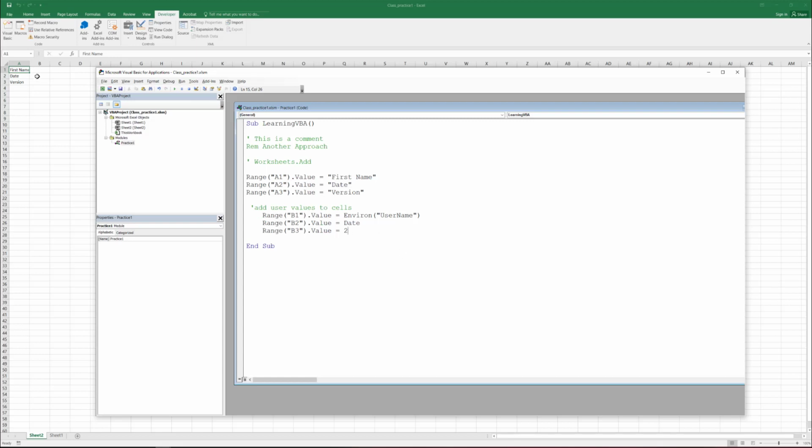That means in range B, in this column, we are saying what should be the name. The name should be coming from the computer names. In my laptop, what's the username I added? It should be adding that name. That means it's taking the names from the environment. And today's date, it will be adding that date, and this is a constant, so I say just add a value 2. So let's run the program